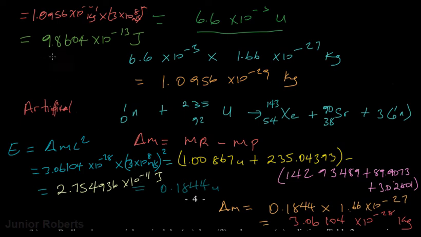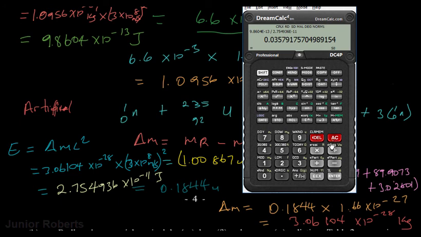So in this case, the natural would produce a smaller energy. So what we need to do is to divide the larger by the smaller. So we take our calculator and we simply say: since the artificial is the larger, producing the larger amount of energy, we're going to divide this by this, which produces the small amount of energy. So we'll say